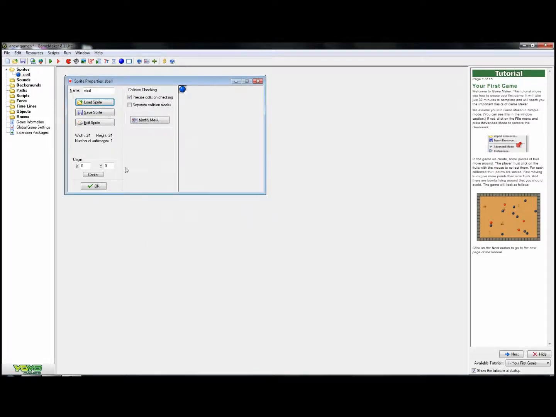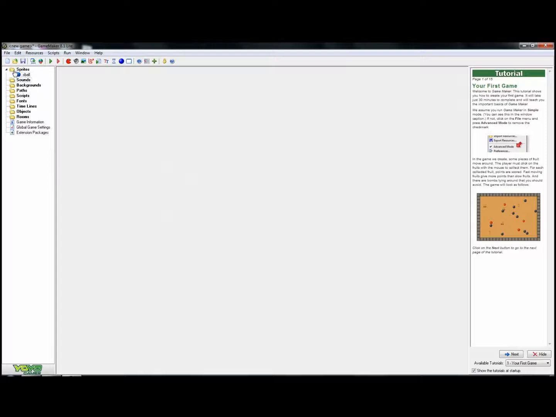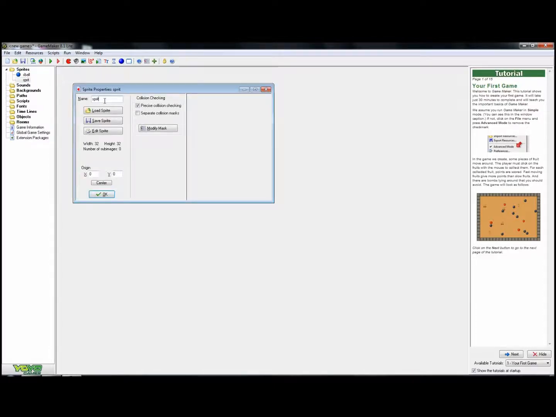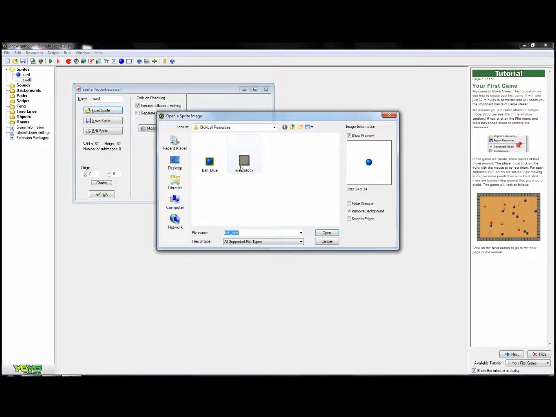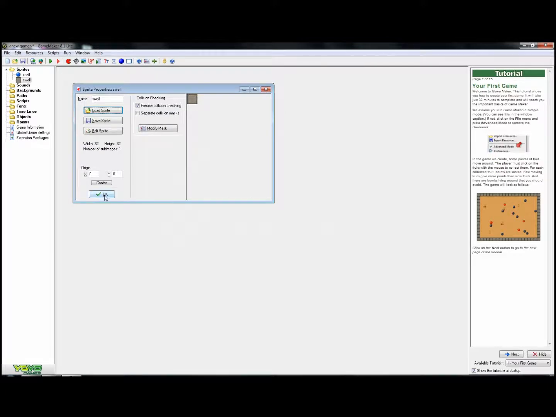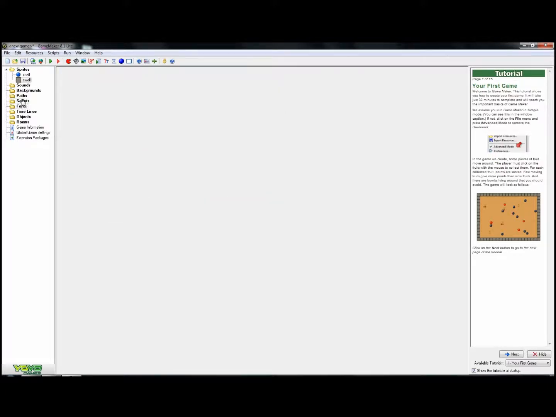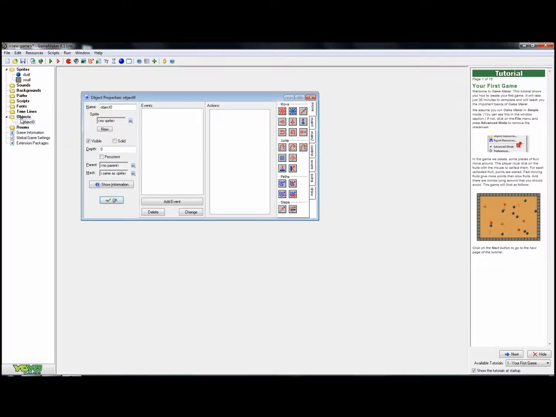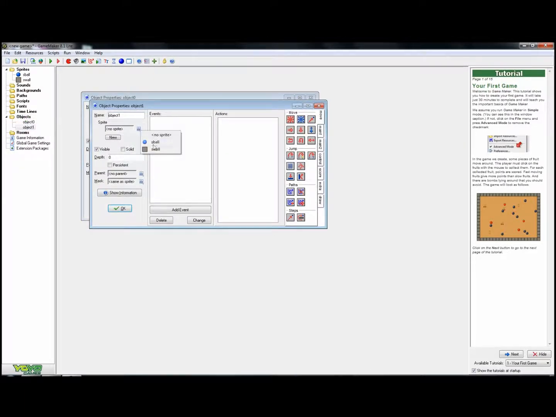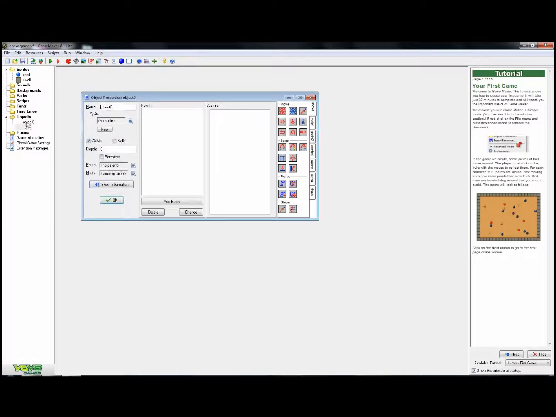In order to make a game, you first have to create sprites, objects, and rooms in order to form the basis of the game. Sprites are made by right-clicking on the sprites folder and then selecting create sprite. Then you load or create a sprite in Paint or a similar program, and that is the appearance of your objects in the game. The objects are the items to which programming is applied,